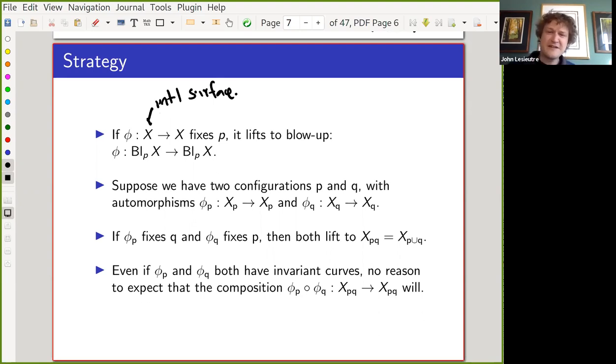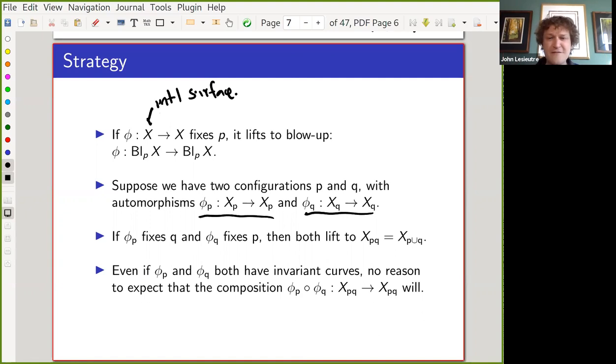Maybe I had two different configurations of points P and Q, and I had an automorphism phi P from the blow up of P2 at the configuration P, and another automorphism phi Q from the blow up at the configuration Q to the blow up at the configuration Q. Now, if you manage to set things up so that your phi P automorphism fixes all the points of Q, and your phi Q automorphism fixes all the points of P,